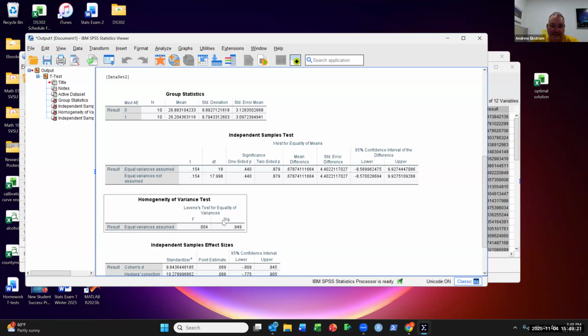Looking at the significance, that's right down here, it's coming at 0.949. That is well above 0.5. So that's telling me that the variance between medication A and medication E is essentially the same thing. So now that I've got that test, I can actually come up here and look at a result for equal